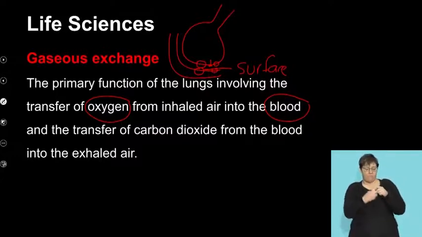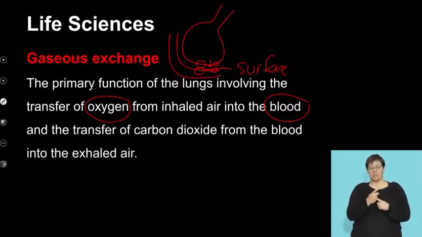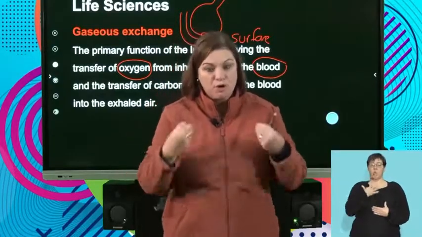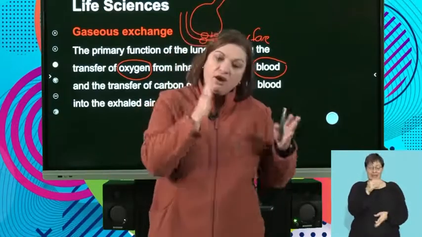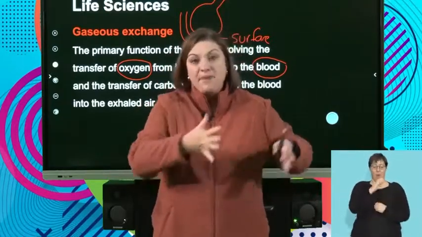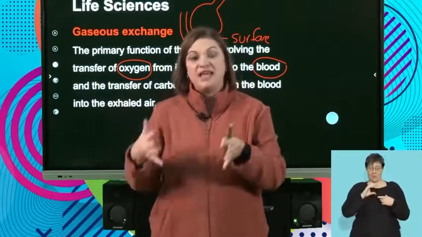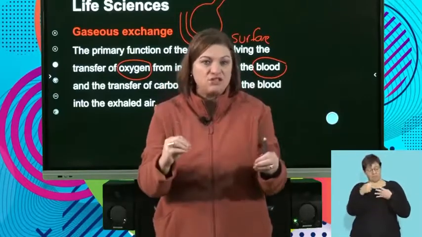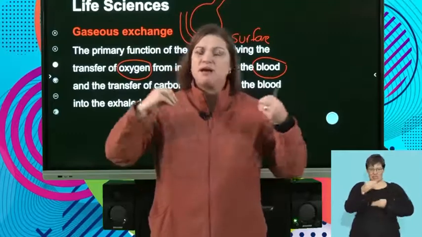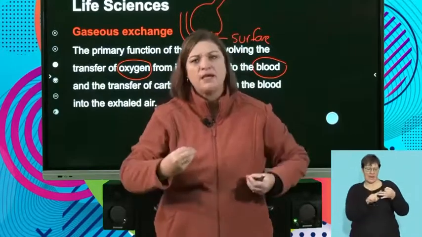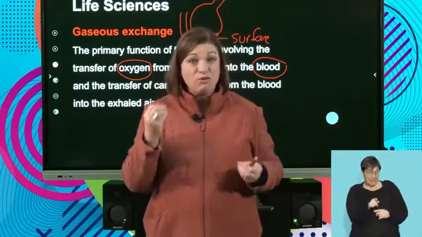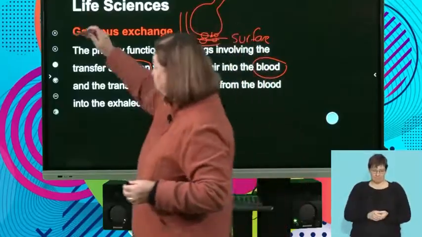So when we breathe in and when we breathe out, the gases don't cross over anything. I'm just getting oxygen in and taking carbon dioxide out. When we look at the process of gaseous exchange, the oxygen and the carbon dioxide must cross over a surface. And that links back importantly to our requirements of a gaseous exchange system. It must be moist, it must be thin, it must be permeable, or it must have a good transport. So when we go back to that section, these are all the requirements that are going to come into place.